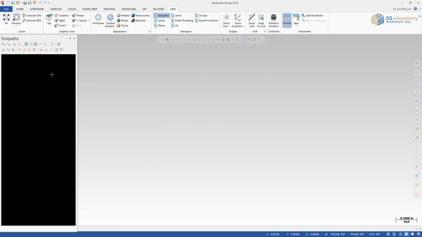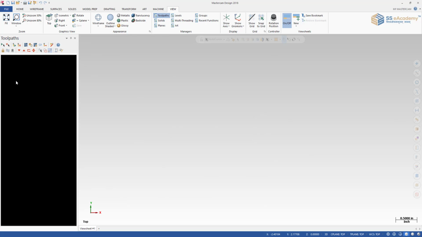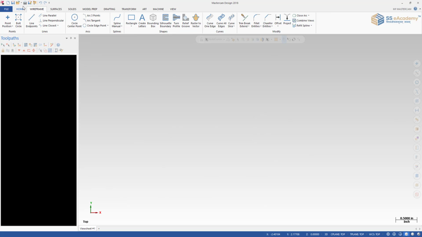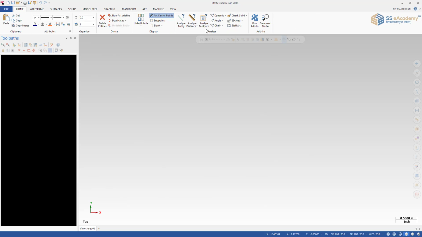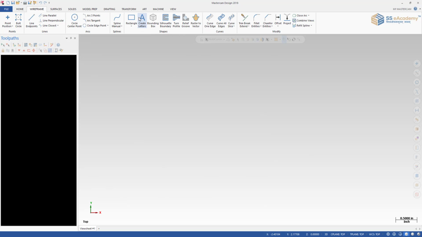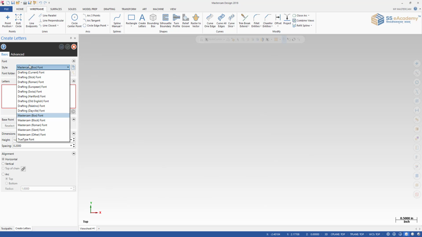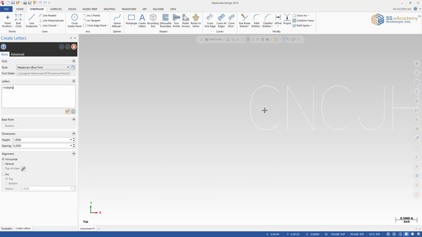And over here I am going to write something like this. So first of all, to write over here, you have to go to the home and you can select the various appearances regarding your task. So create a letter over here. You can see how it is written in white.